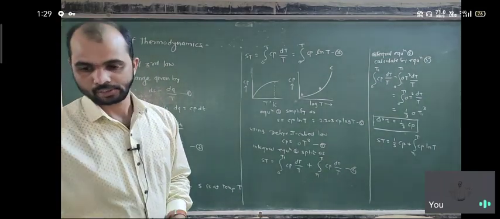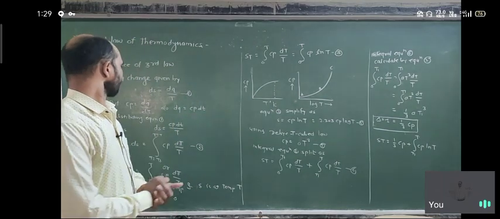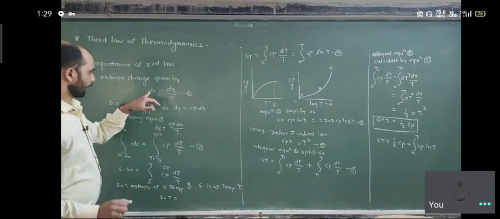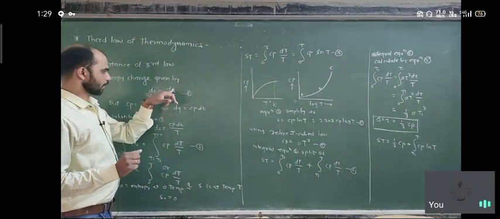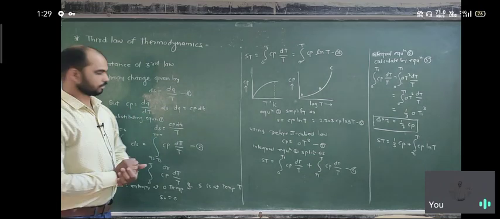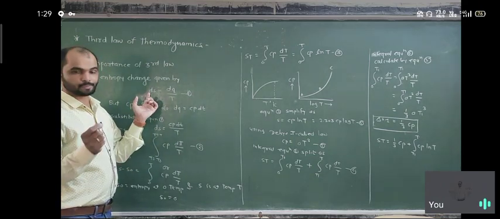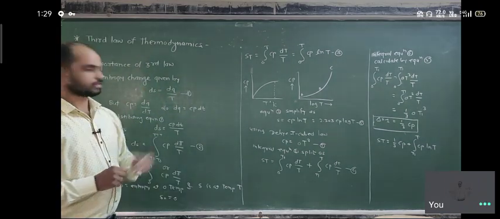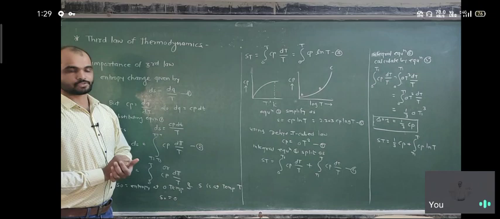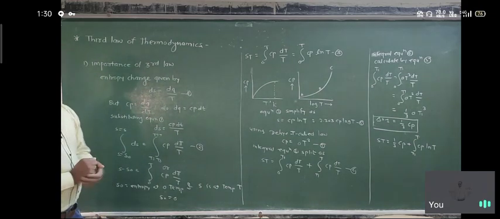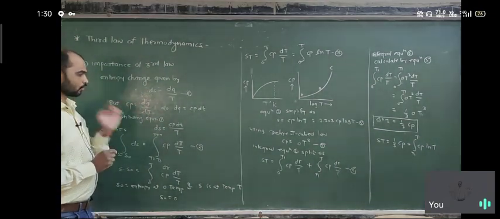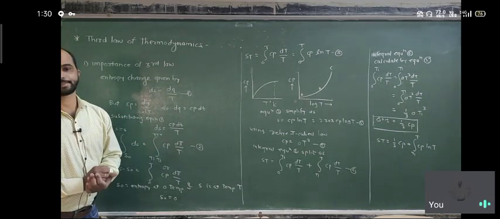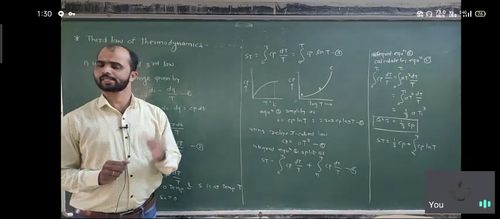You are familiar with the change in entropy of any chemical reaction at a particular temperature, given by dS equal to dq upon T. Here dq is the change in heat and dS is the change in entropy, so dq upon T is the first equation. But we already know Cp, the heat capacity, relates the change in heat to the change in temperature.